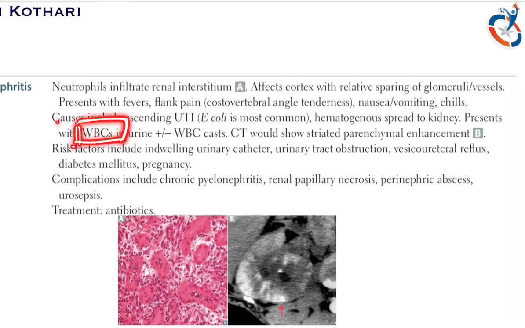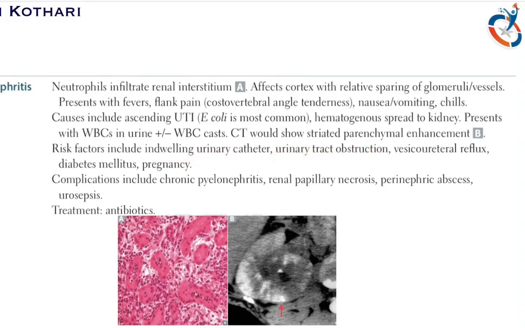This is the distinguishing feature. There is presence of WBC in the urine with or without WBC casts. Okay, and the CT scan would show striated parenchymal enhancement, as I have pointed over here. This is a striated parenchymal enhancement in the CT scan. Now, the risk factors include indwelling urinary catheters,